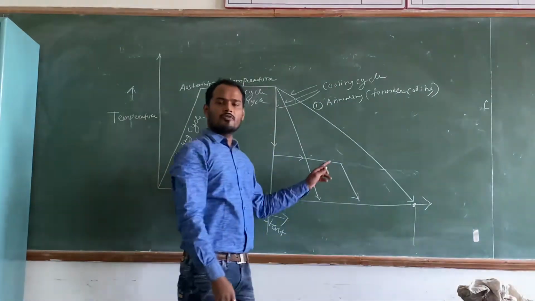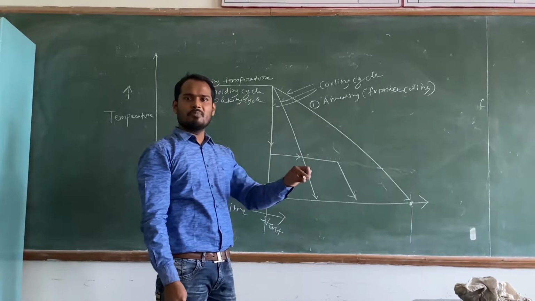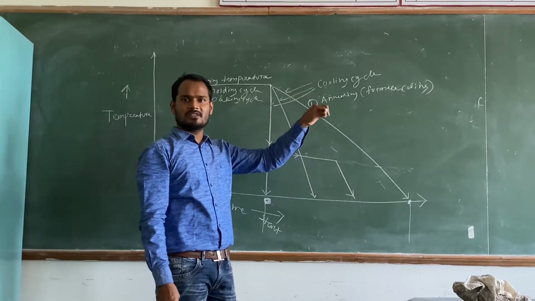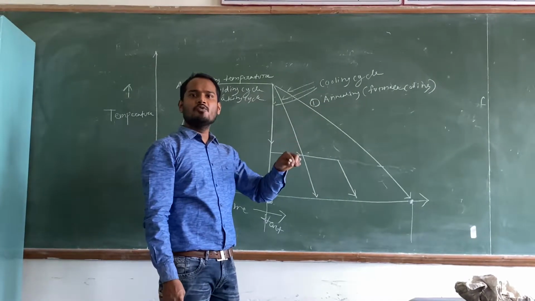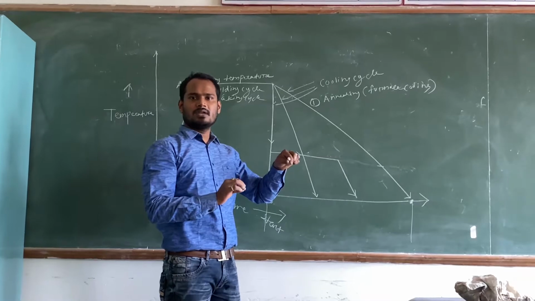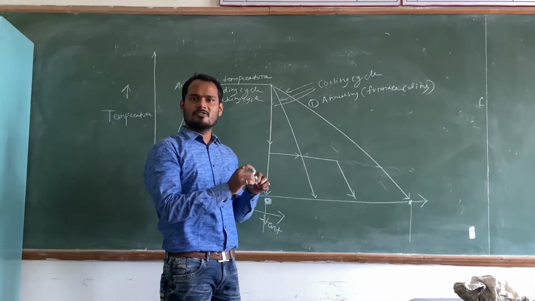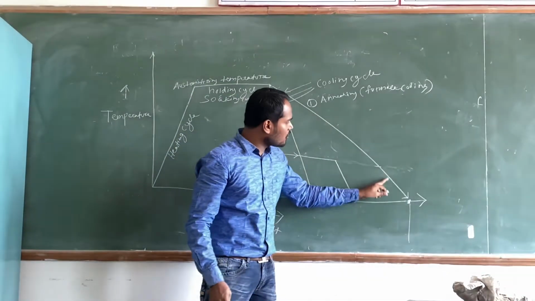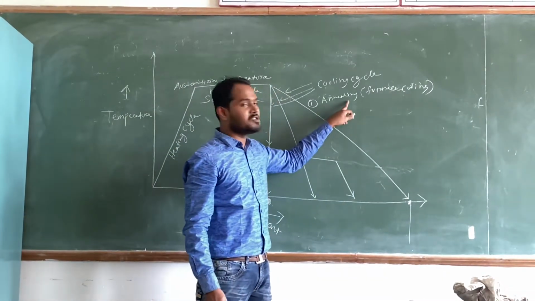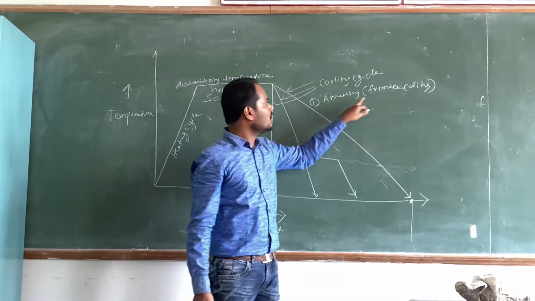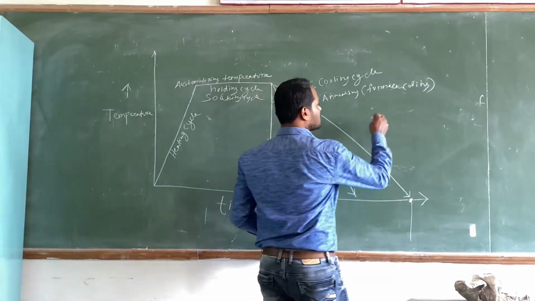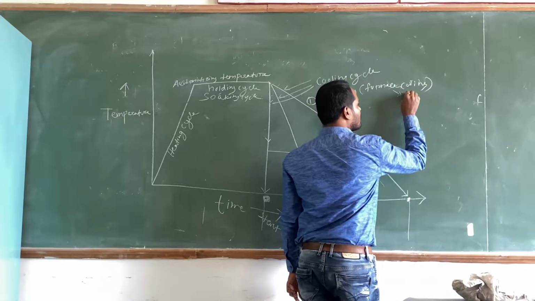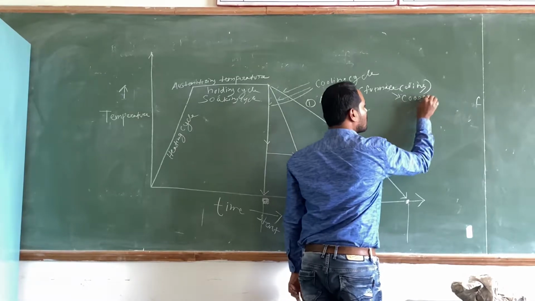Right? So furnace cooling means you have put the sample into the furnace, right? You take the sample to the austenitizing temperature, you hold it, then you switch off the furnace, right? And the cooling will be very slow because the furnace temperature will reduce at a very slow rate. So this is a very slow rate of cooling cycle. The name is called annealing process. And this is called furnace cooling. So what is the microstructure we'll get? The microstructure we'll get is coarse pearlite.